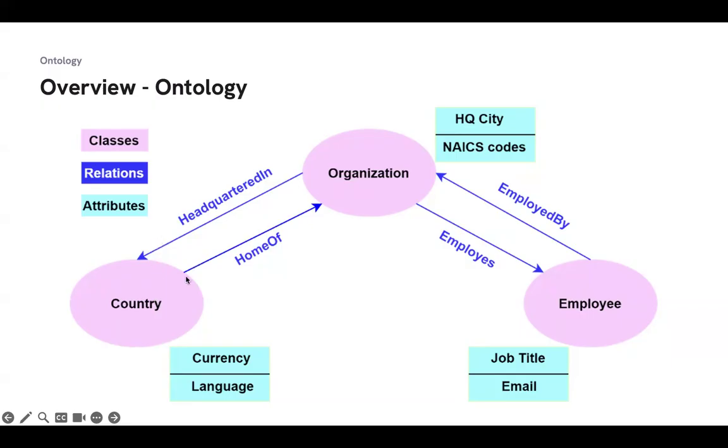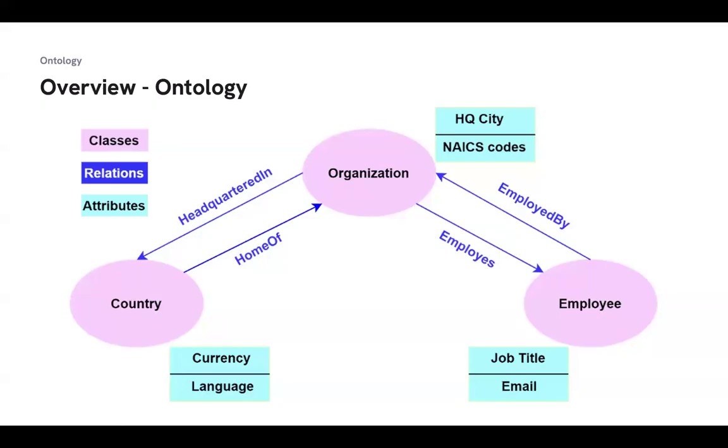Conversely, a country is home to many organizations and, of course, to this organization. So you see, these are all languages we use every day. So, for instance, the World Health Organization headquarters is in Geneva, Switzerland. Or we say Vodan has its headquarters in Brussels, for instance. So all these are specific properties that show the relationship between a country in this concept, or one concept to another in this context,